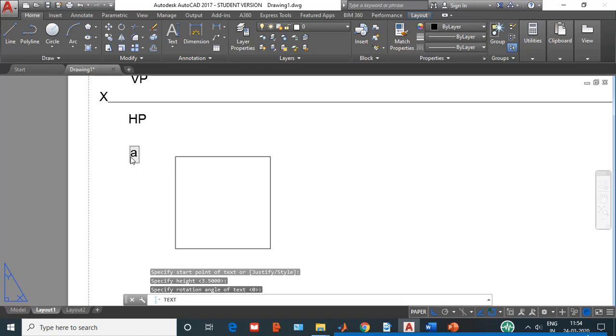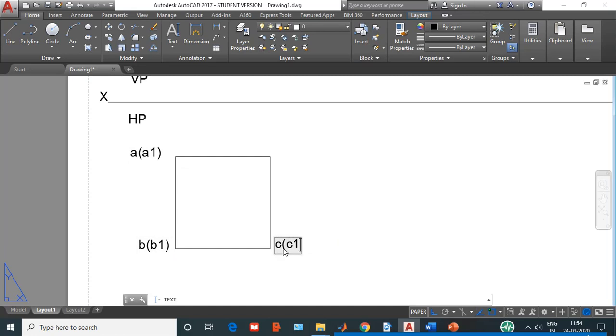So this is A, which is visible from the top. Within the bracket I am writing A1. So A1 is exactly beneath this, which is not visible to the observer. So this is B, B1, this is C, C1, and this is D, D1.